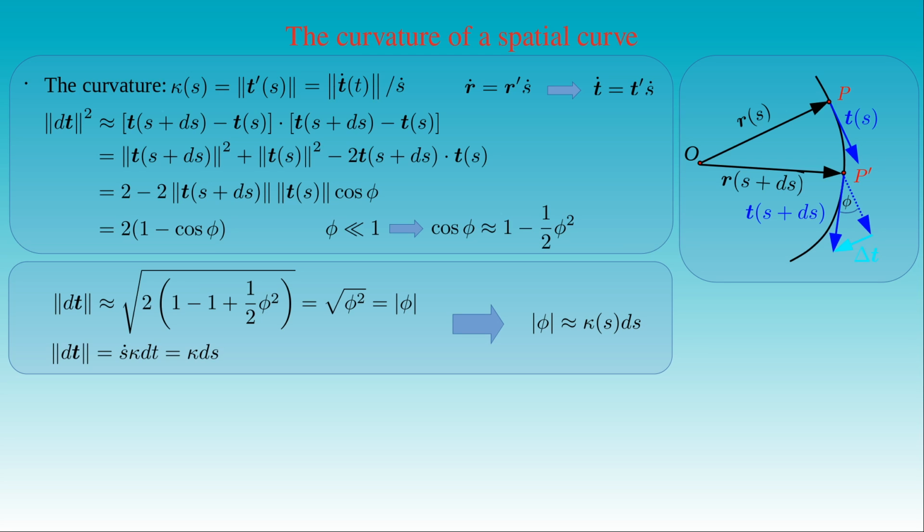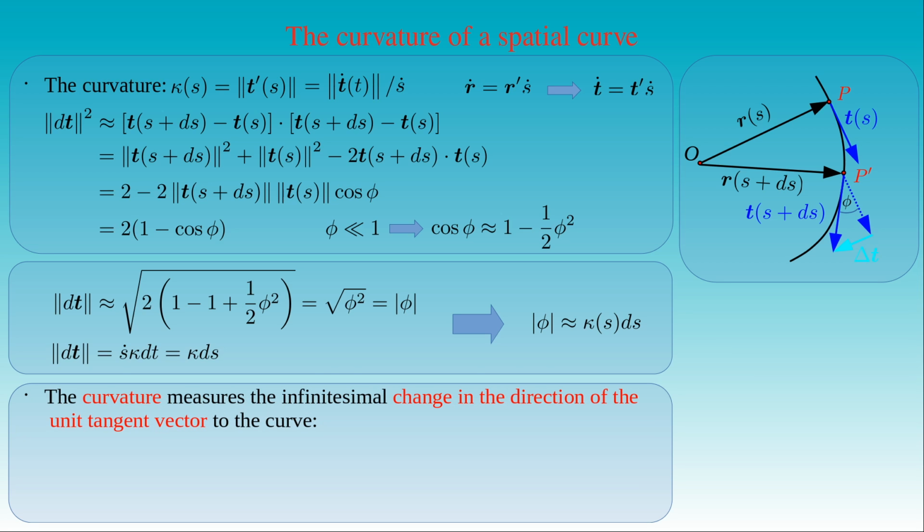Now we can divide this expression with ds, and as a result we can state that the curvature kappa measures the infinitesimal change in the direction of the unit tangent to the curve. That is, the function kappa is equal to the magnitude of the derivative of the angle phi with respect to the arc length s. Here we define the curvature radius rc as the inverse of the curvature kappa. Then, an infinitesimal change in the arc length s along the curve at a point P, is equal to the curvature radius of the curve at that point, times the infinitesimal change in the direction of the unit tangent vector to the curve.